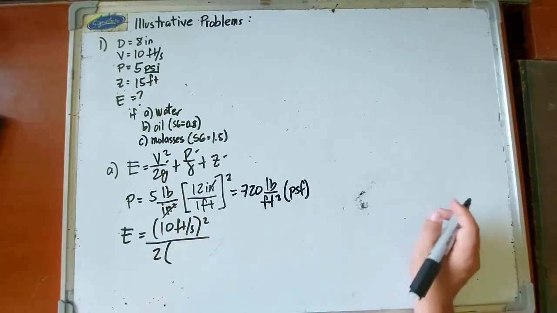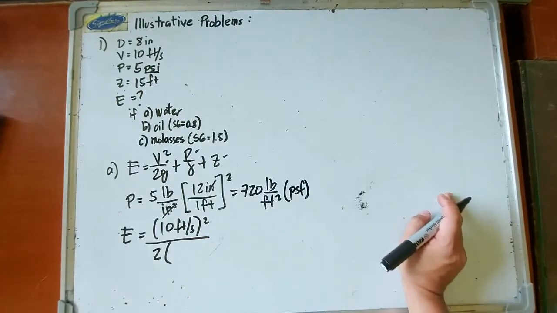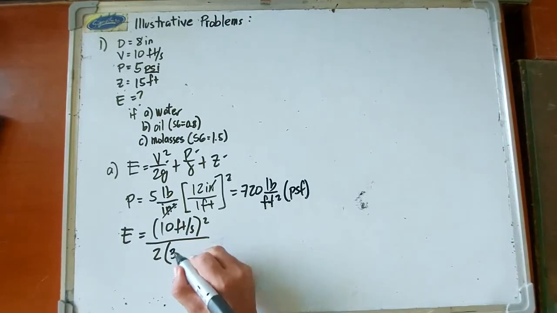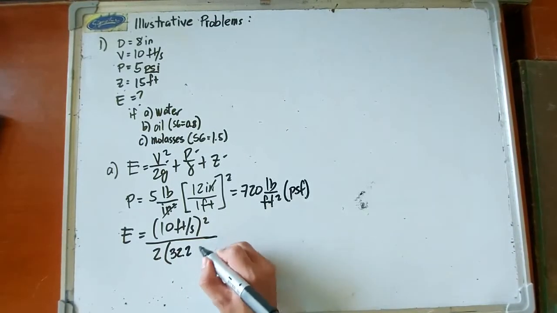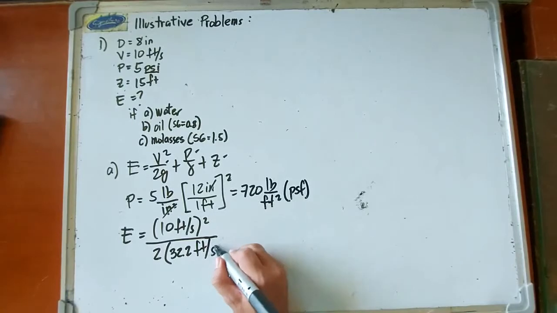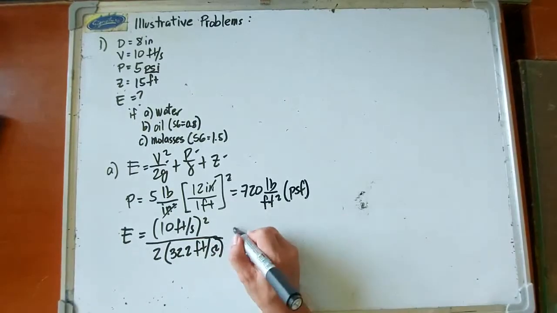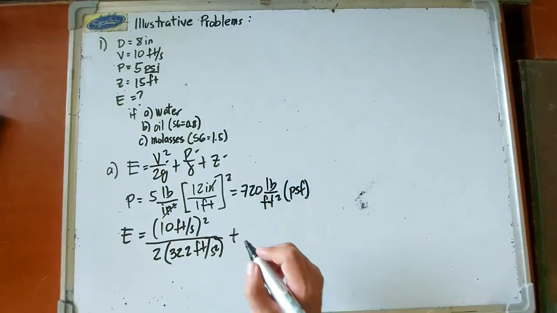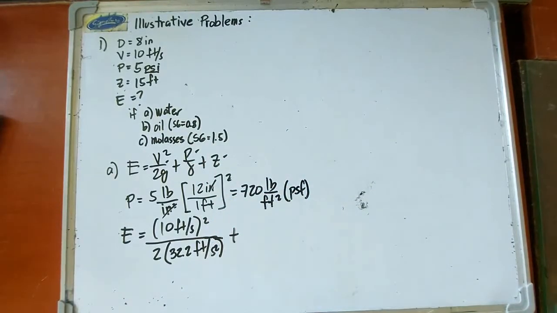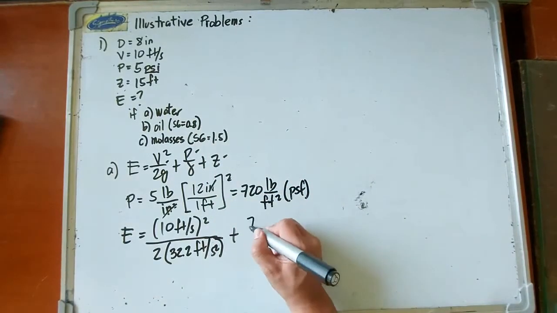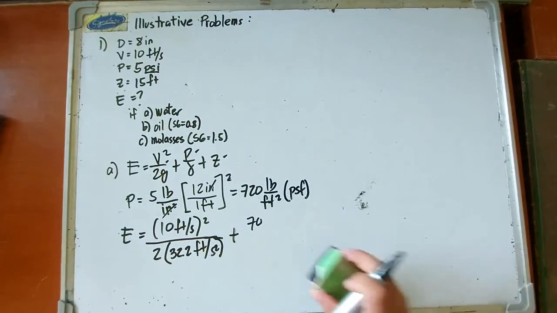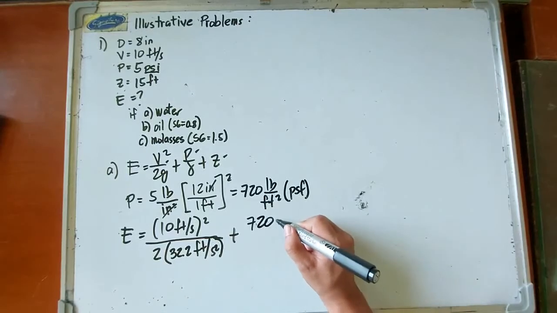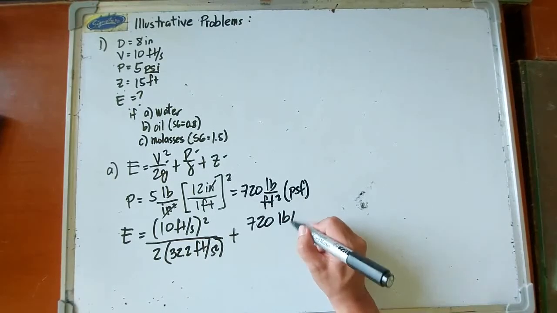What is G in the English system? That's 32.2 feet per second squared, plus P over gamma. So P should be in PSF. That's 720, 720 pounds per square foot